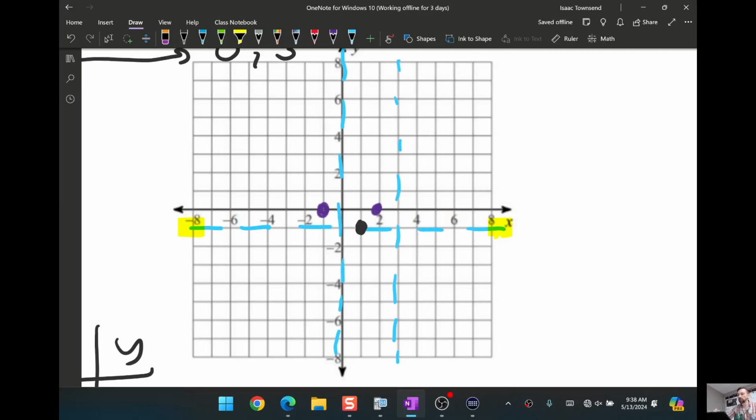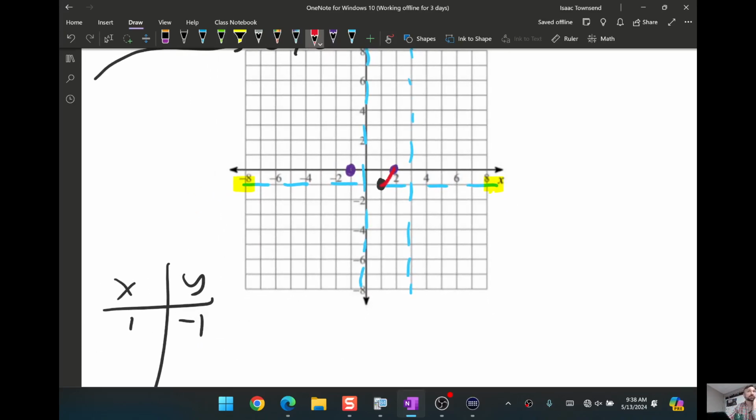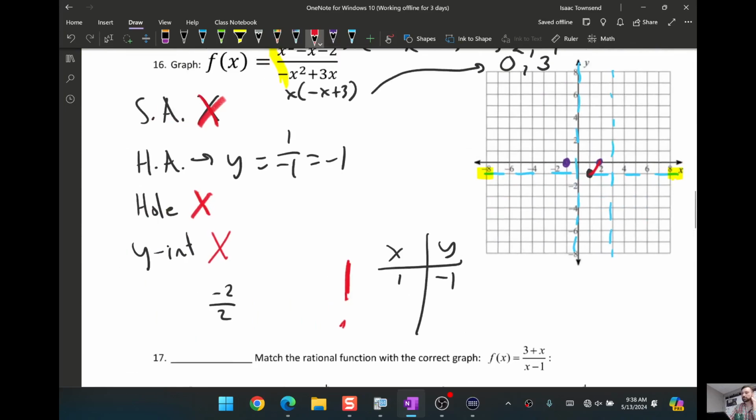So while this might seem problematic, there's actually nothing wrong with that. There's nothing wrong with it crossing the horizontal asymptote, as long as it's not on the far right or far left of the graph. Now, I think I'm in pretty good shape, but I would probably do just maybe one